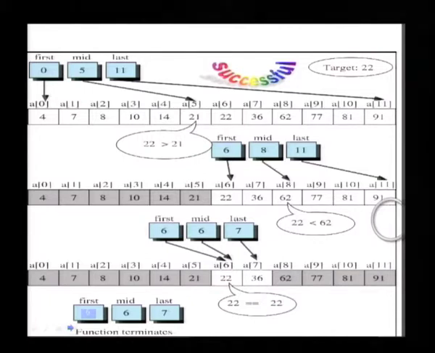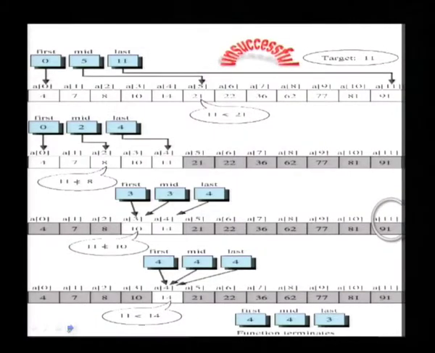Let us see the condition under which this algorithm exits and reports that the key is not present. In this case, the target value is 11, and as you can see 11 is not present in the array, and again the grey shaded part is the irrelevant part of the array for the search algorithm and the unshaded part is the relevant part. First and last as usual encode the relevant part of the array, keeps track of the indices. Initially it is 0 and 11. A comparison is made with mid. 11 is smaller than 21, therefore